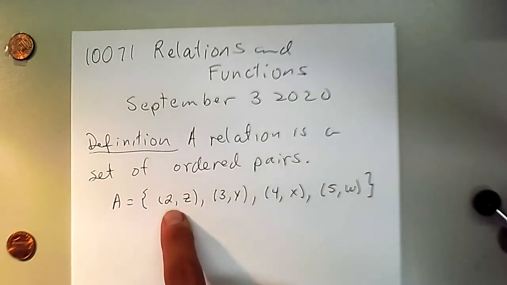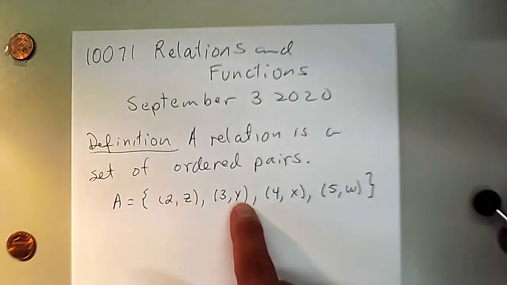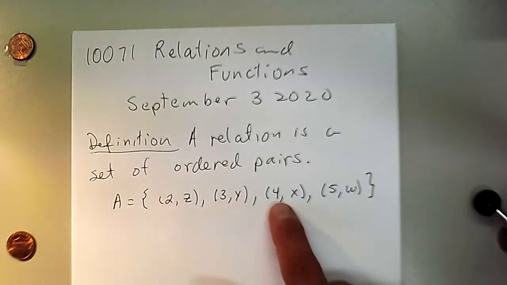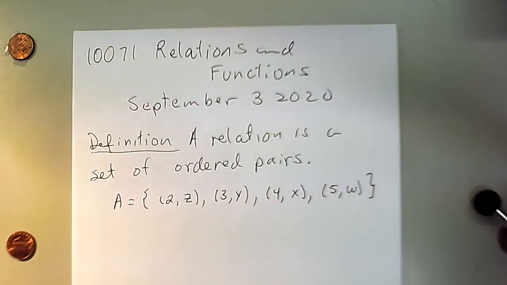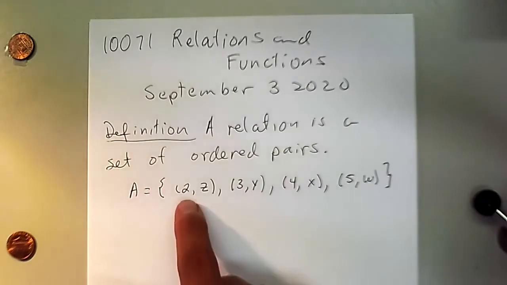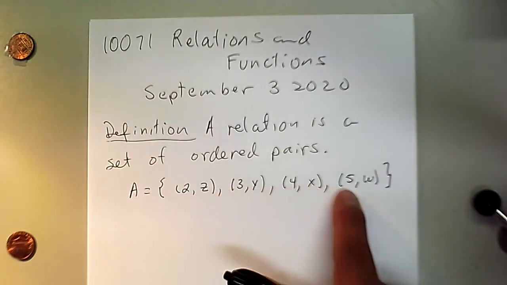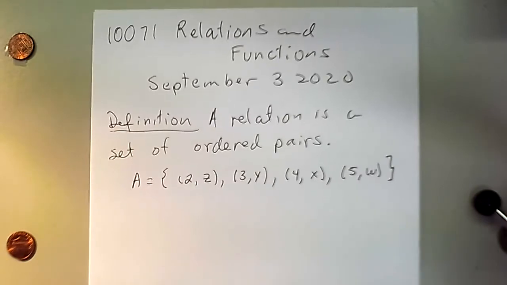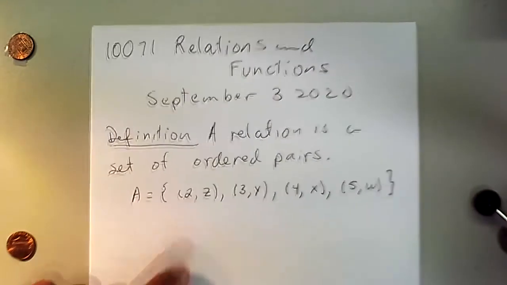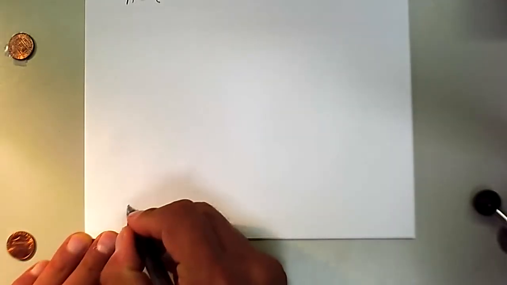By ordered, what we mean is that we cannot switch. Once a pair is written, we may not switch the pair around. We cannot say Z2. This is 2Z, 3Y, not Y3, for instance. 4X and 5W. So there is a relation. The set of all the first coordinates is called the domain. Before I continue though, when you have a pair in a relation,